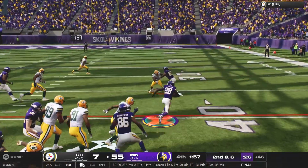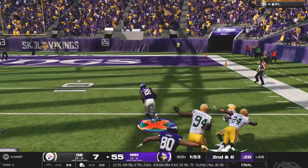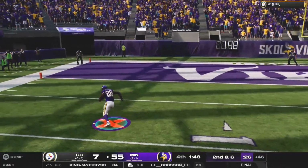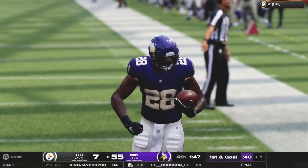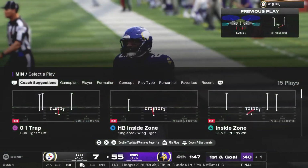Now give on the ground. Finds an alley to the 35. A big play for Minnesota. 45 yards. Wow,